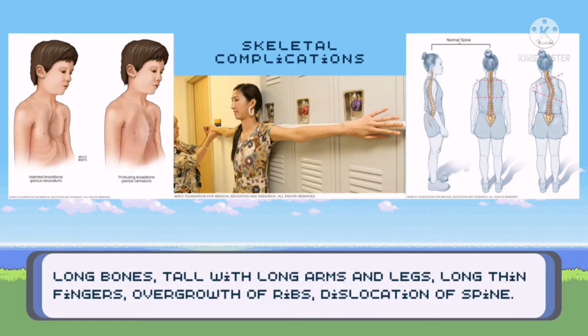First, let's describe the most obvious sign of Marfan syndrome, which is in the skeletal system. Individuals with Marfan syndrome have a tall and slender body type, disproportionately long arms, legs and fingers, crowded teeth, an abnormally curved spine or scoliosis, and overgrowth of ribs. The chest is also affected. If the chest sinks in, it's called pectus excavatum, while the opposite, or the chest sticking out,